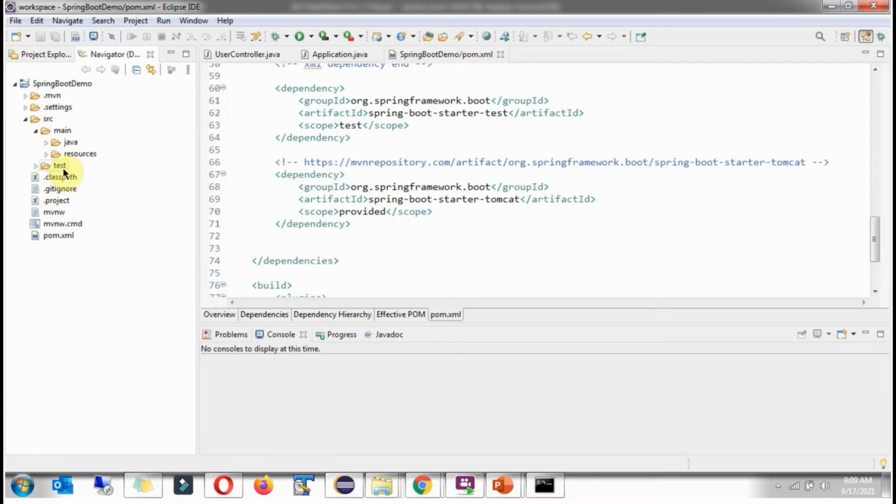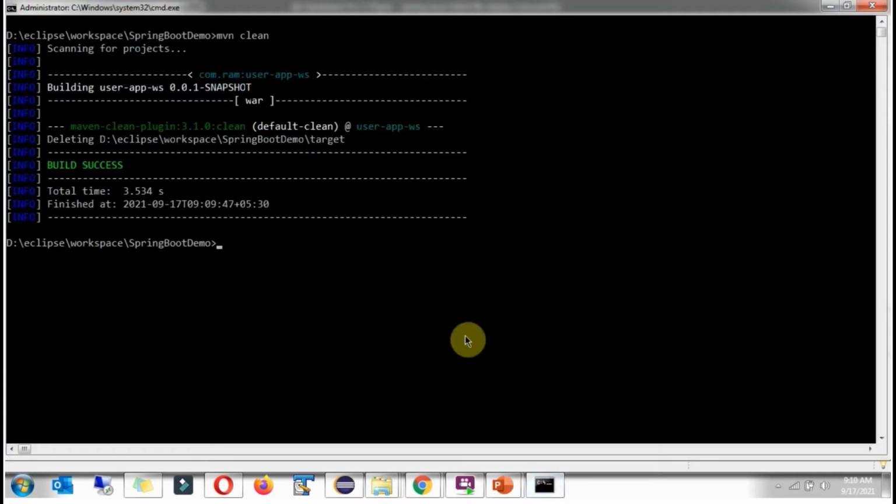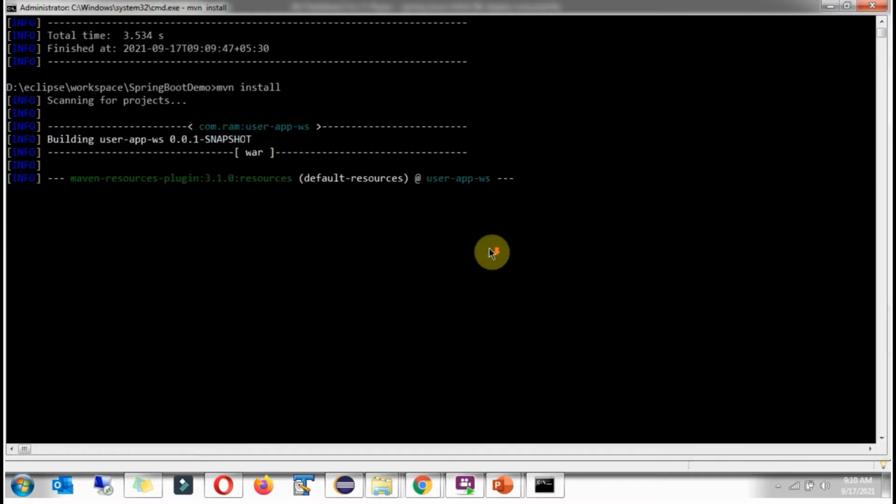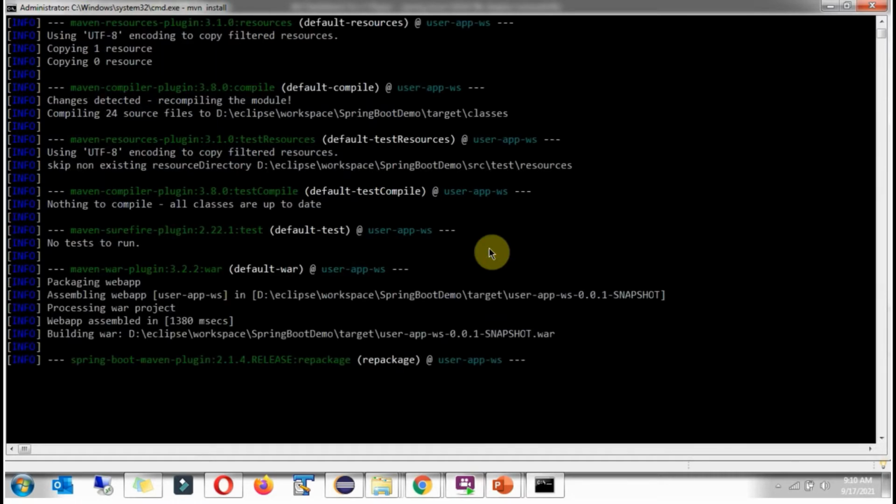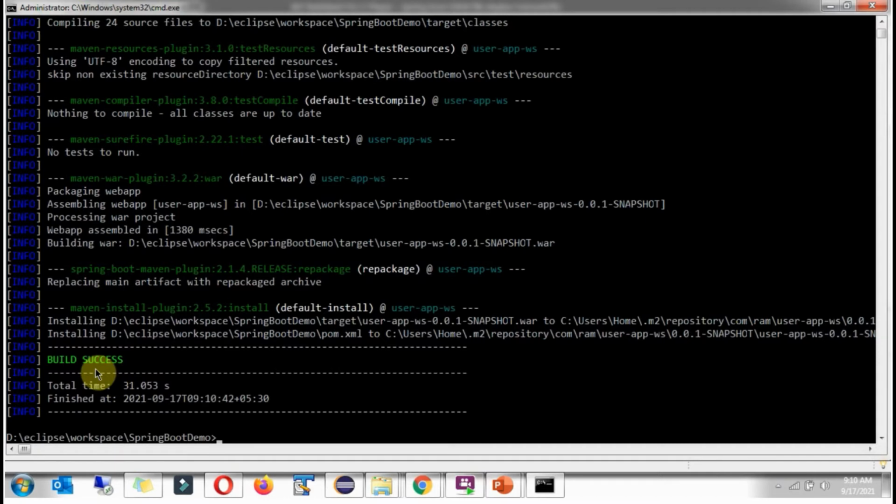Now you can see the target folder is not there. Now do maven install. And here you can see the build is successful, and in this location the WAR file is created inside the target folder.